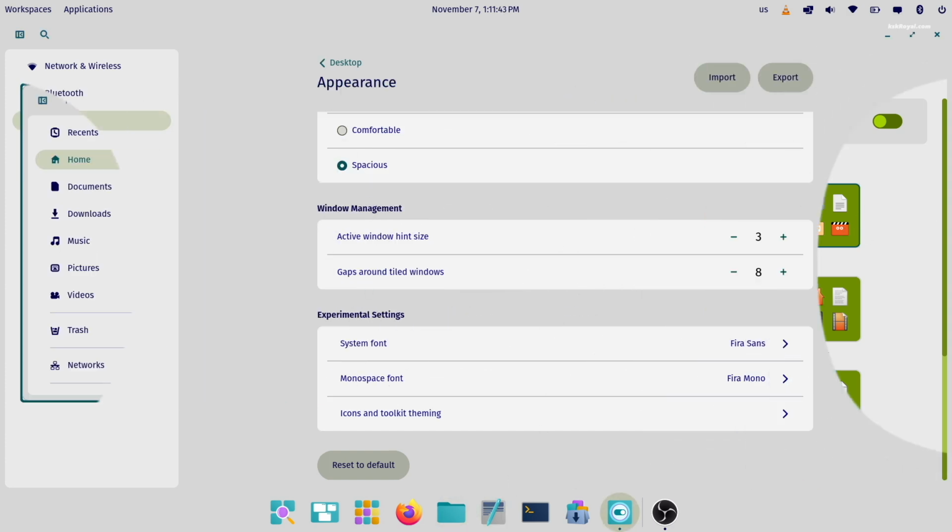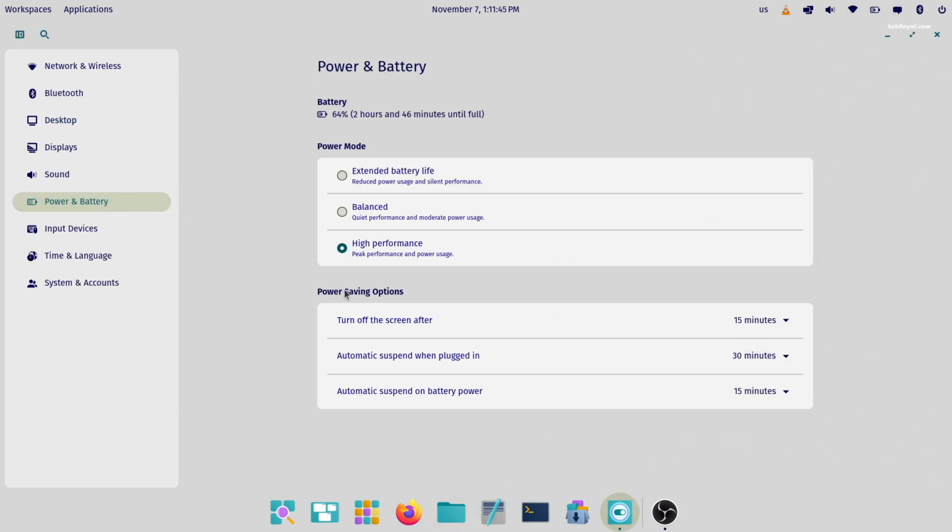In addition, the power and battery section now includes new power saving options. This feature allows you to automatically turn off the display and suspend the system to save some power.